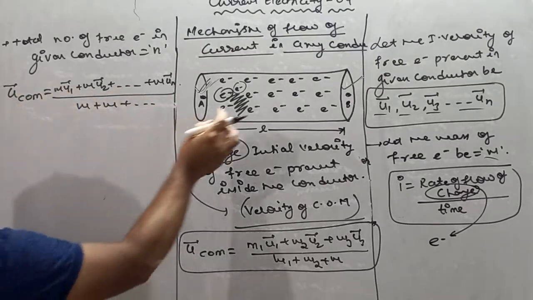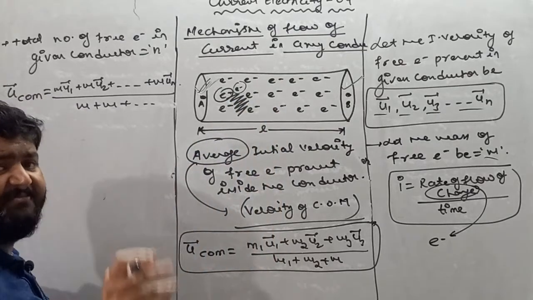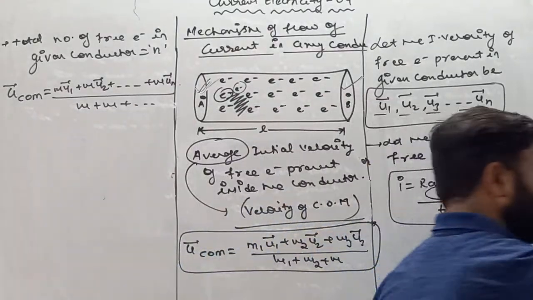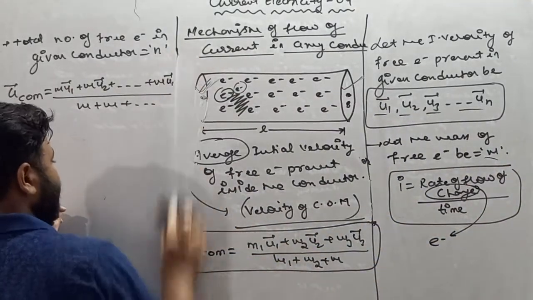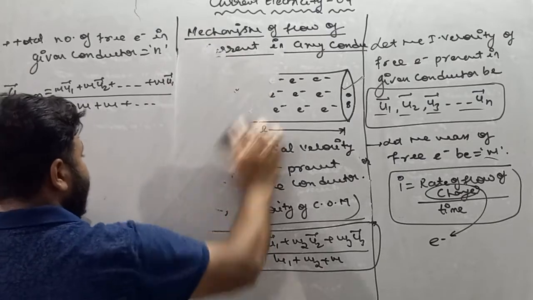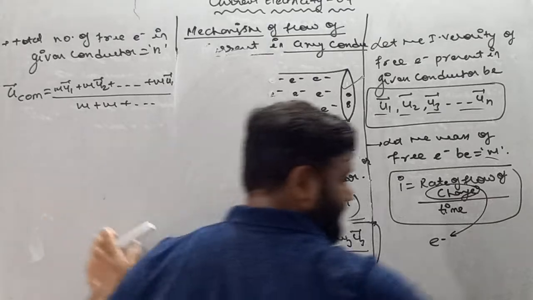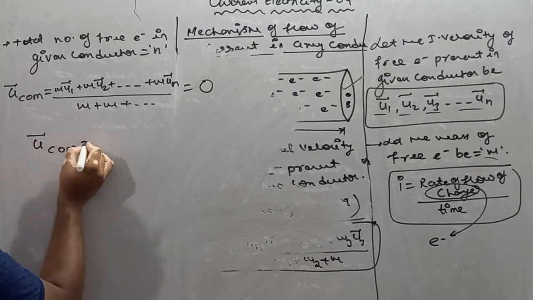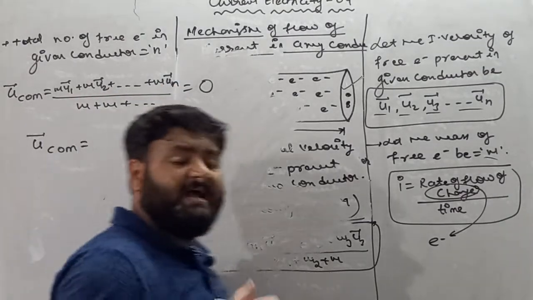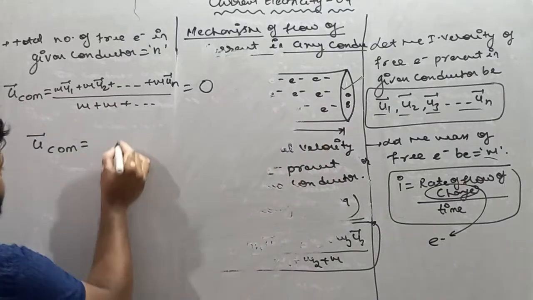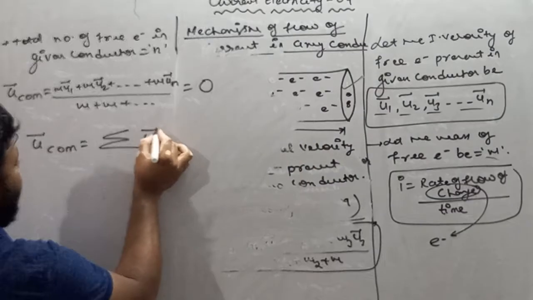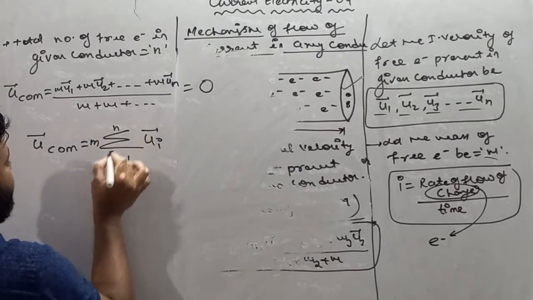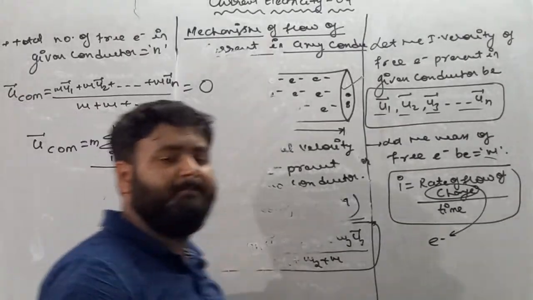And we know that these electrons are in motion, but its effect is 0 because no free electron can reach from point A to point B. So we'll say their effect is, my dear student, 0. So I'll write here it is equal to nothing but 0. So u center of mass is equal to, see, we are adding, so instead of add, we can use summation. So I'll put the symbol of summation, summation ui, and m is constant, m comes outside, where i is 1 to n, upon m plus m plus m plus m.